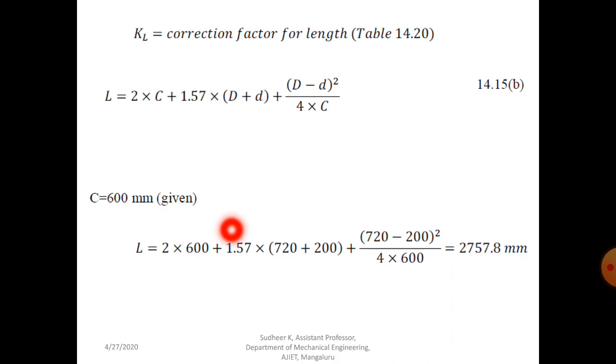C value is 600, and capital letter D is 720 millimeter, small letter d is 200 millimeter. So after calculating, we will get a value of 2757.8 millimeter. So this is the pitch length. So now based on this value you have to calculate the standard value, that is from the manufacturer's catalog.